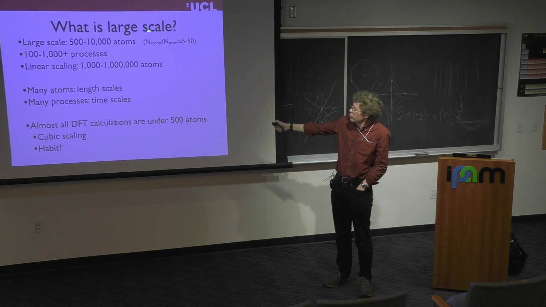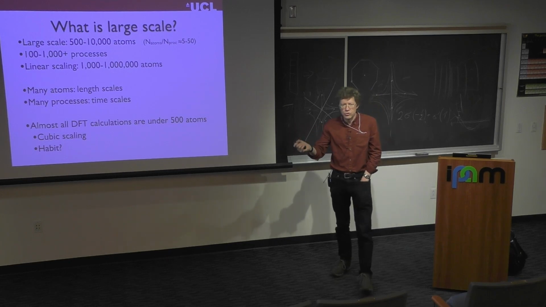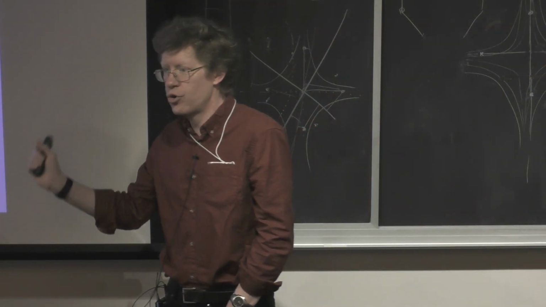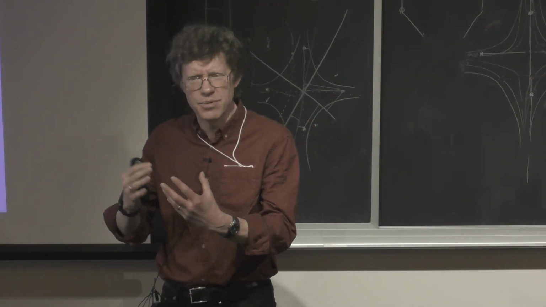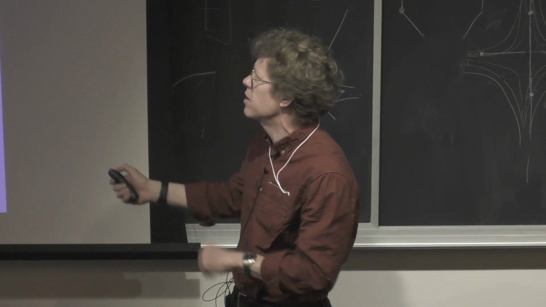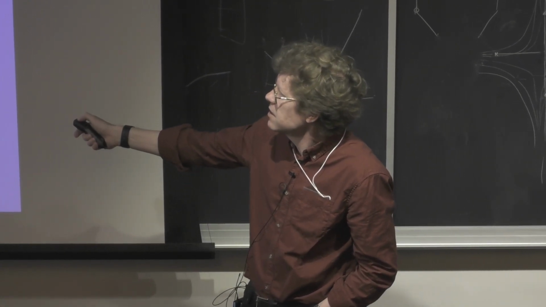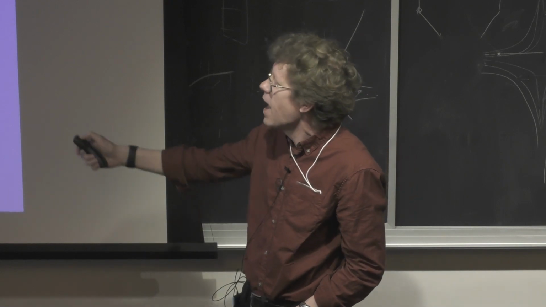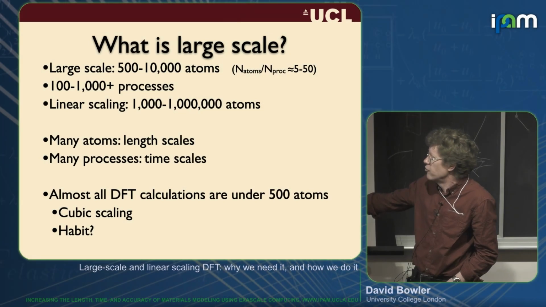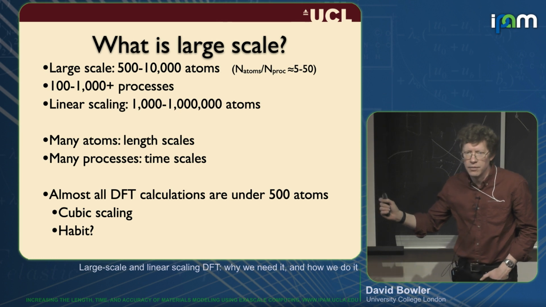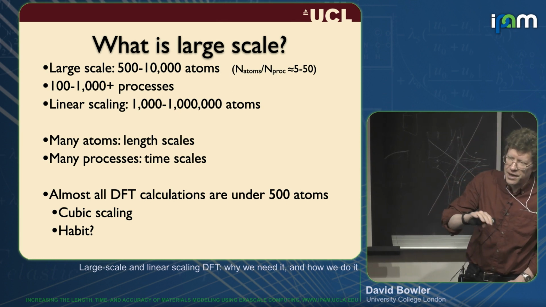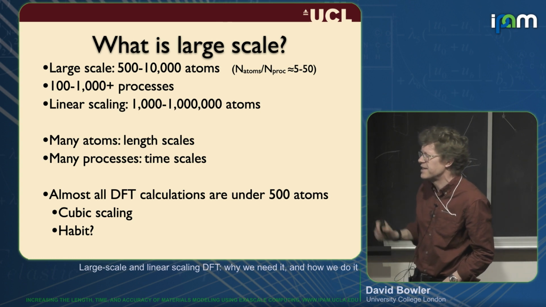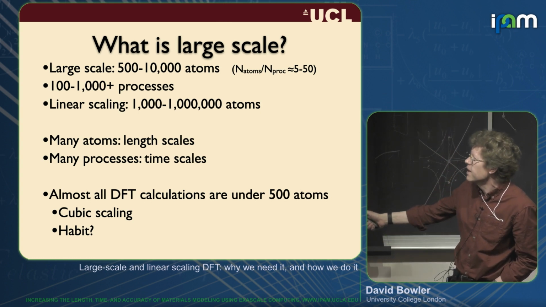For me, I always think in terms of the number of atoms per process. And I will say process, not processor, not core, because you can break things up in different ways. And I think in terms of MPI processes. But roughly speaking, I tend to think of doing somewhere between 5 and 50 atoms per process. And I will typically use between 100 and 1,000 processes. Though if I'm doing some coding on my laptop on the train, maybe I'll dial that down just a little bit. Even the latest machines don't go quite that far.